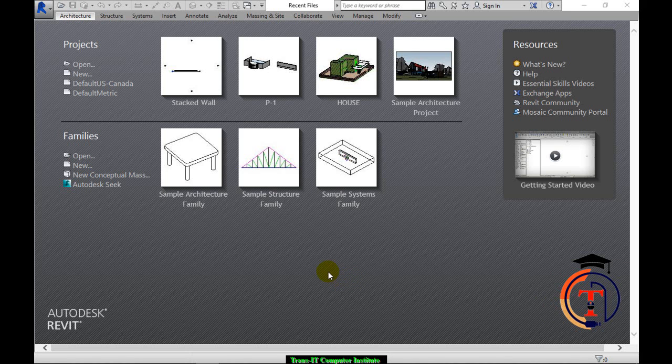Hi everyone. Today we are going to learn about wall, that is curtain wall. Till now we have learned basic wall and modification, material application, changing thickness, hatching pattern and everything. Today we are going to learn the second type of wall. There are three types of wall: basic wall, curtain wall and stack wall. So we are going to learn